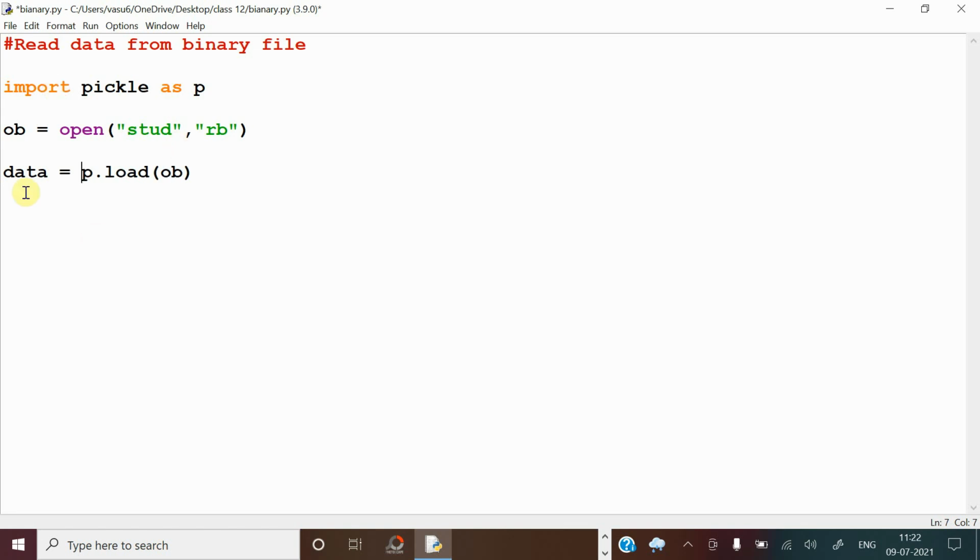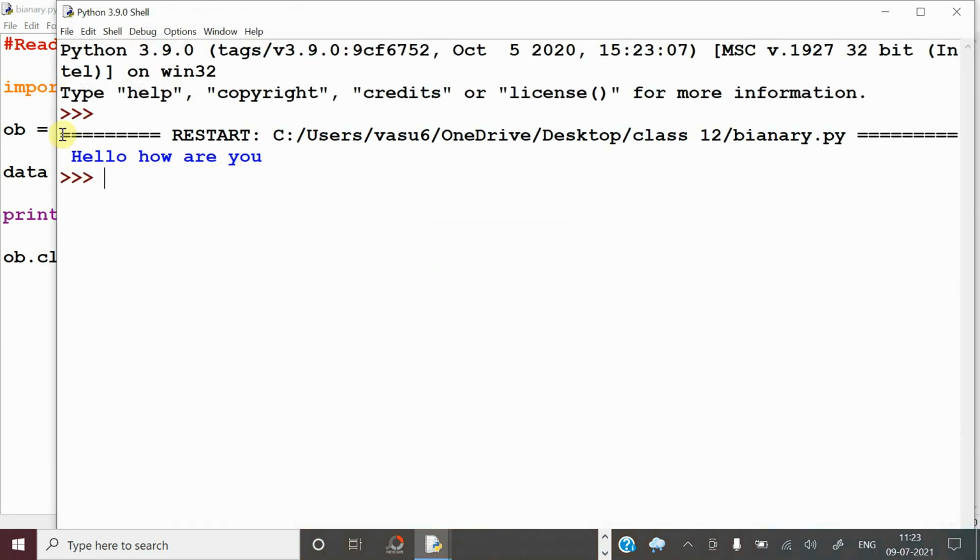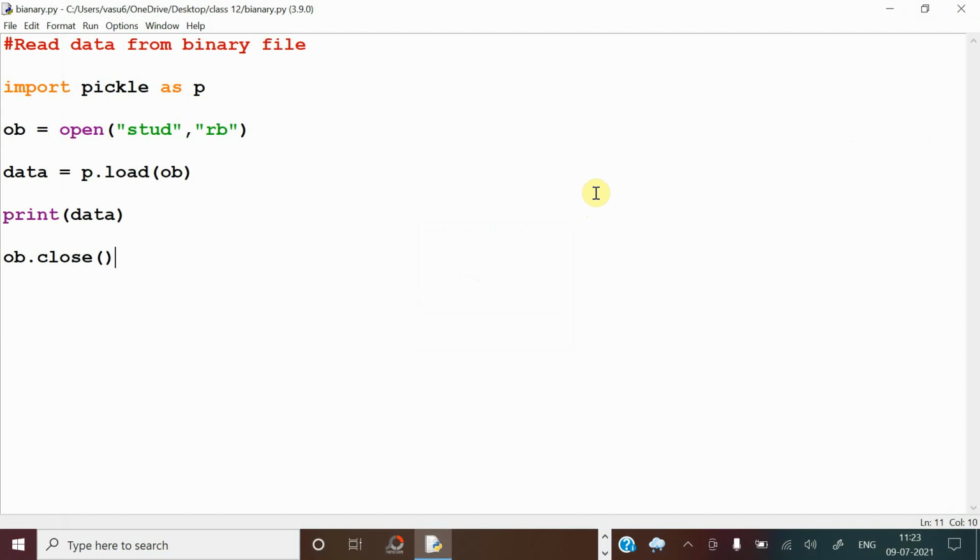Whatever data has been read from the load function will be stored in the variable data. After that you can print the data you have read from the file, and at the end you have to close the file as usual. Now run this program. It is showing hello how are you, meaning whatever data you wrote to the file using the dump function, the same data has been read using the load function.